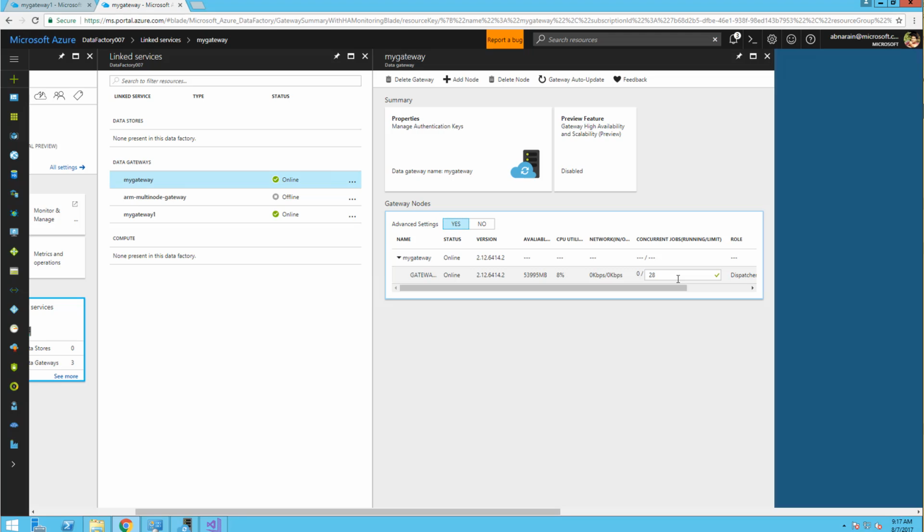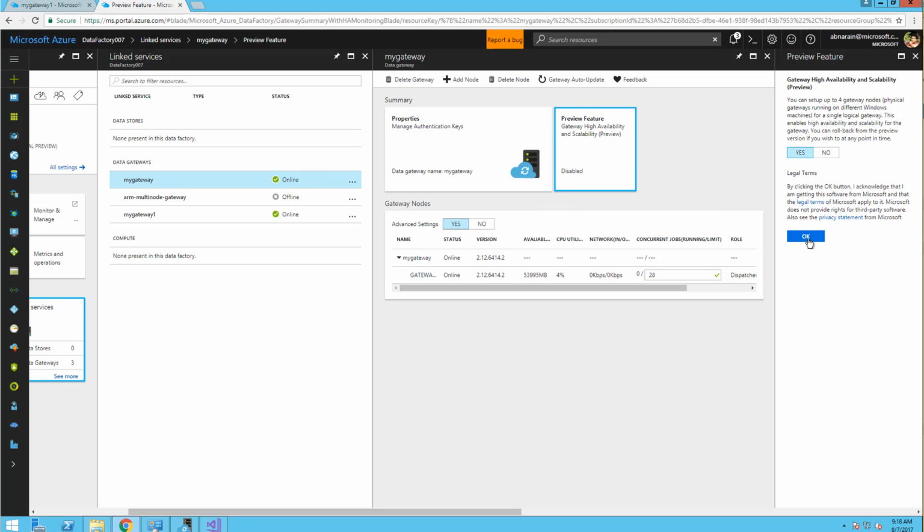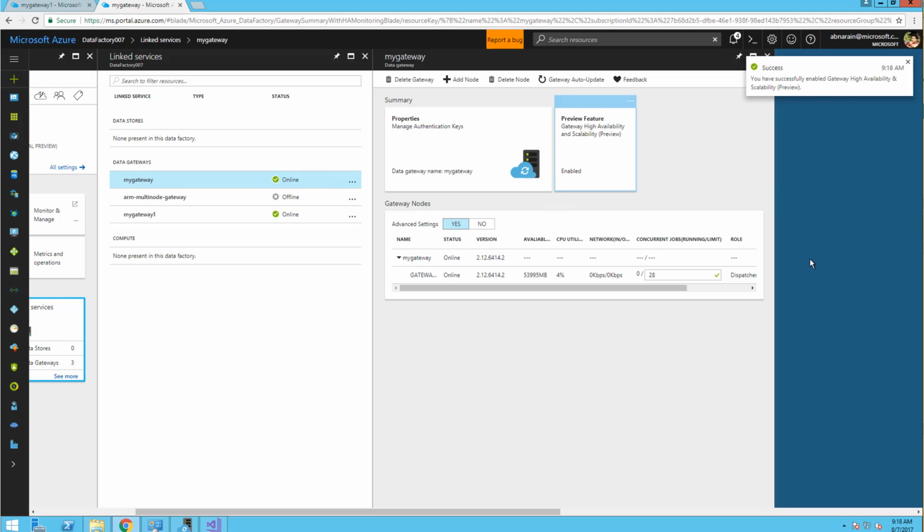And if you want to scale out, which I'm going to enable for this particular preview, so for scale up you don't need to actually be enabled for this preview, but if you want to scale out and add additional features like high availability and being able to scale out and get more compute, in that case you would want to enable this feature. And how you enable it, here's the tab. You can click on the preview feature, click on yes, click on OK. Now, once you do this, automatically you are enrolled for the preview, and you can go ahead and set up